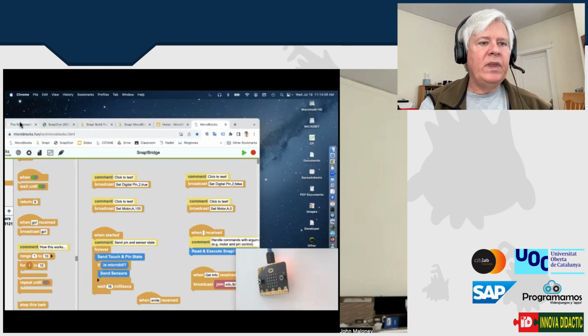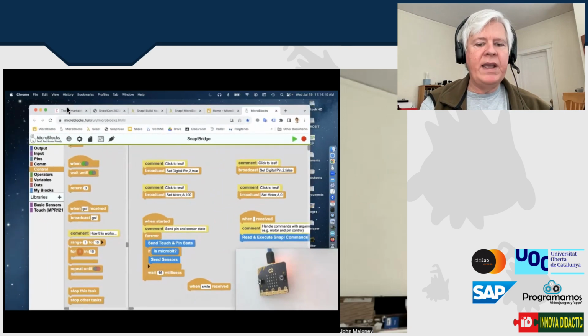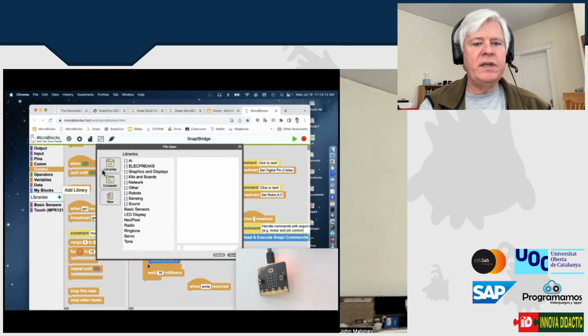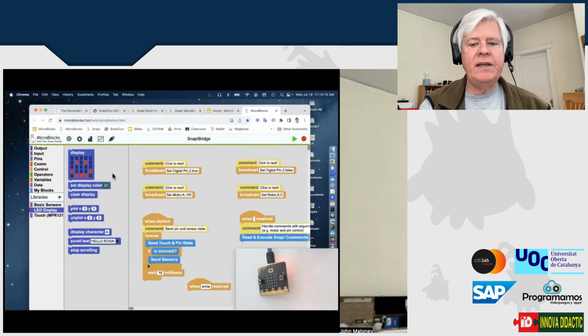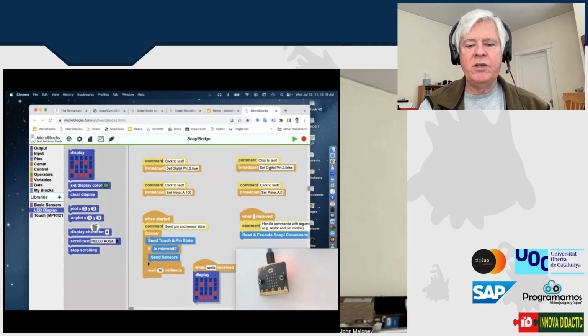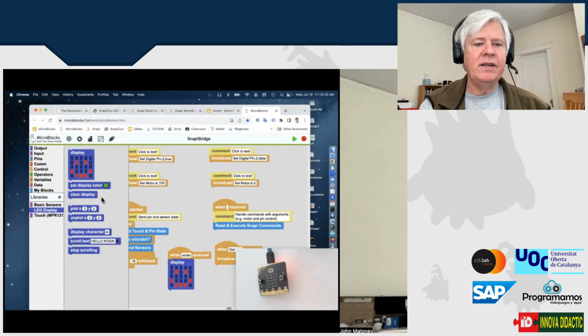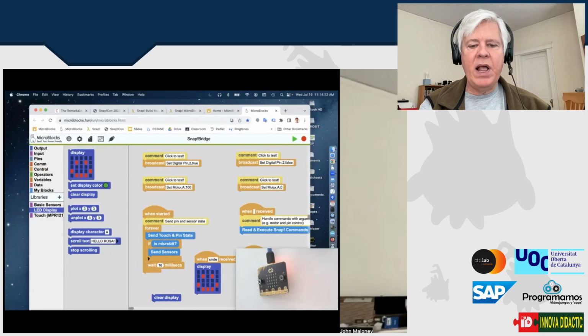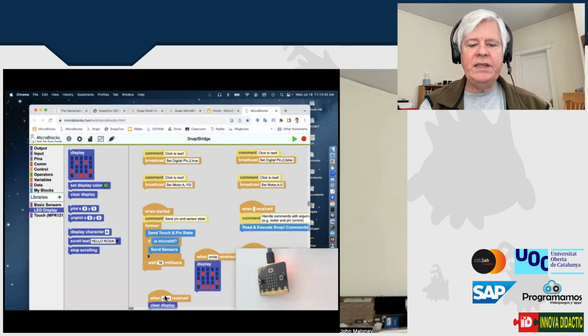And when I get the message smile, I want to make something appear on the LED display. So I'll load the LED display library. It happens there's a block in there that is a smile, and there's also a clear display block. So I'll duplicate that block, and I'll say when I get the clear message, then I'll clear the display. So basically all that we have to do from Snap is send those messages, smile or clear, and it's going